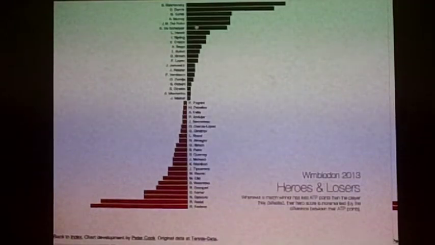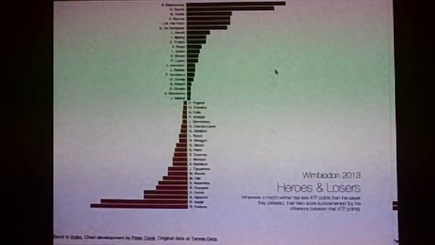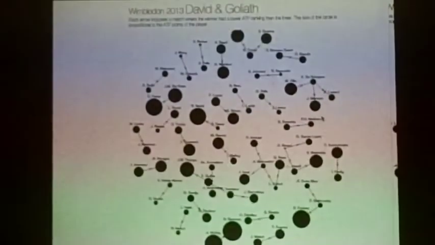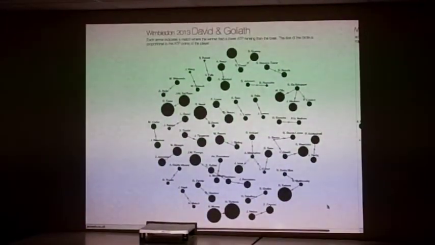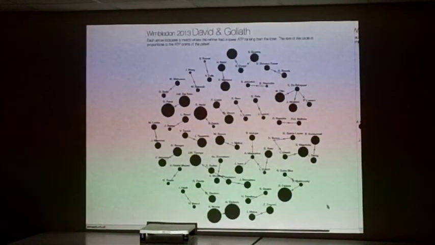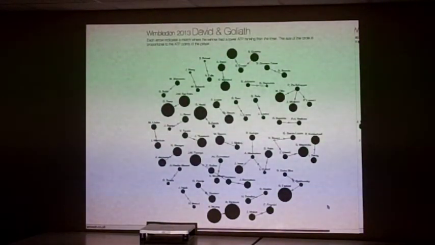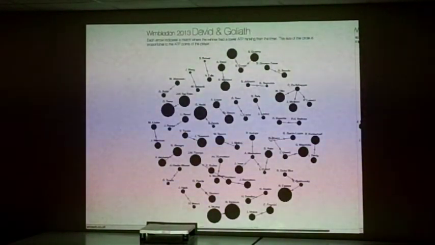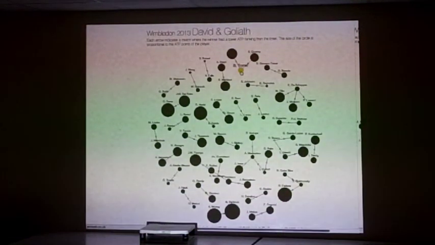You've seen the same names, but they're in different orders. And you've got Andy Murray up there, whereas he was on the trend line on the scan. And then there's this one, where the size of the circle is relative to the ATP points that they have, and this is only displaying matches where a player of lower ranking beat a player of higher ranking, and that's the direction of the arrow. So look at, say, this guy here,